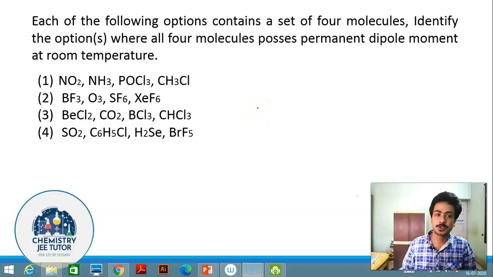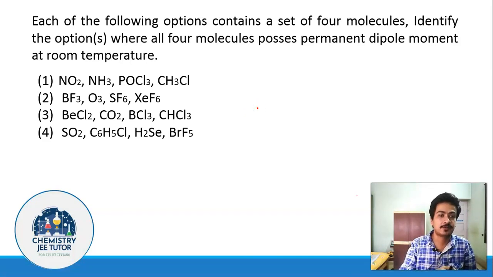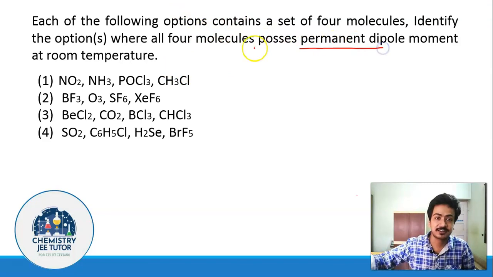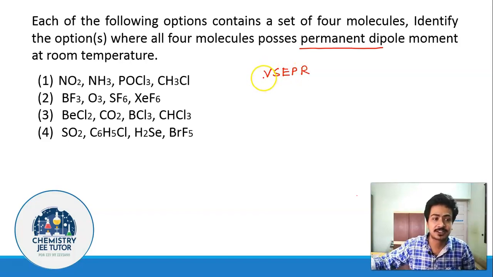In this video we are going to discuss a question that came in IIT JEE Advanced 2019. In the question it was asked which of these has a permanent dipole moment. In order to understand this, we need to have a basic idea of VSEPR and how to determine structures using VSEPR theory, because it is the structures finally which are going to decide which one of them is going to have a dipole moment and which one will not.